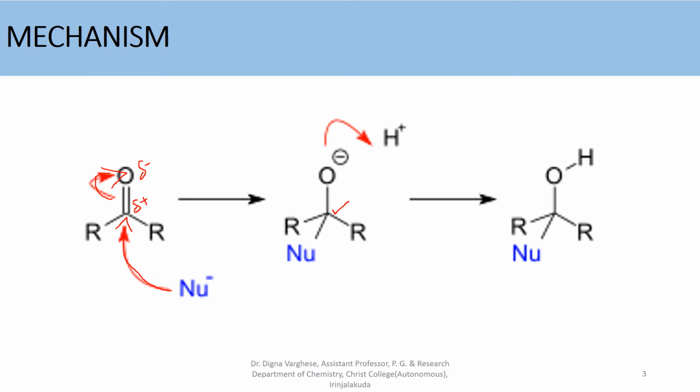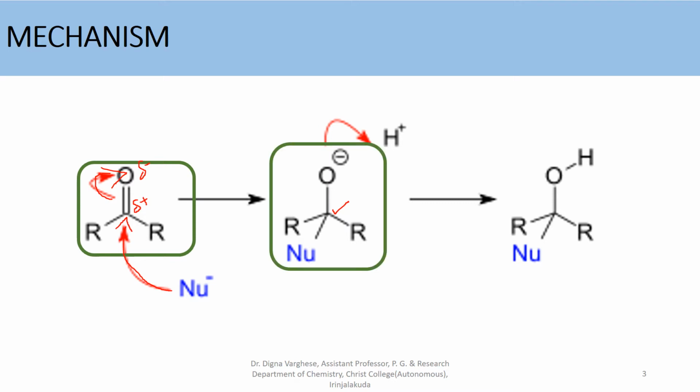Here you can see this is a planar group. Towards this, a nucleophile attacks. After the addition of a nucleophile to the carbonyl carbon, the sp2 carbon becomes sp3 and thereby yields a tetrahedral structure